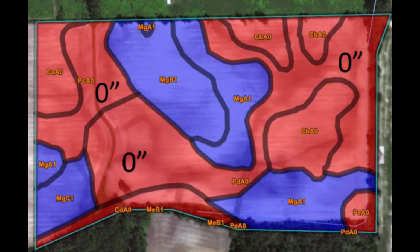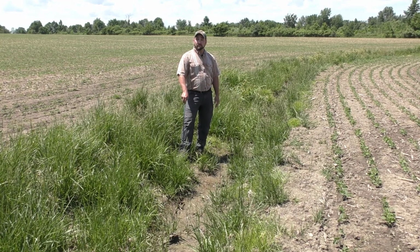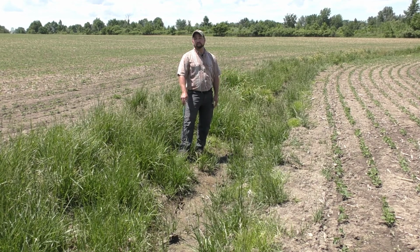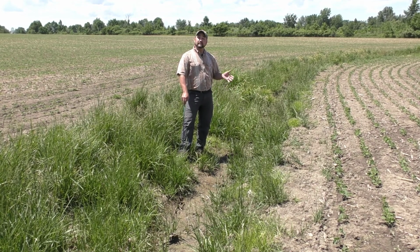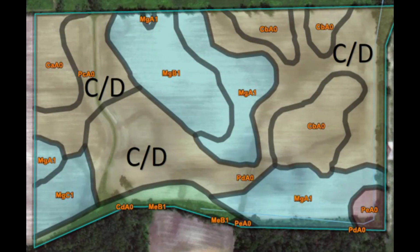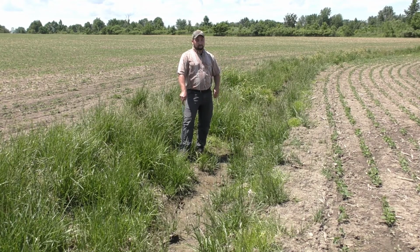The next thing I like to look at is our infiltration rates, and that's through your hydrologic soil group. In this case, C or D was identified. The question that comes up is, why is it C or D? C would be as if the field is tiled. In this case, this field is not tiled. It would be D, then, being not tiled. So moving on,